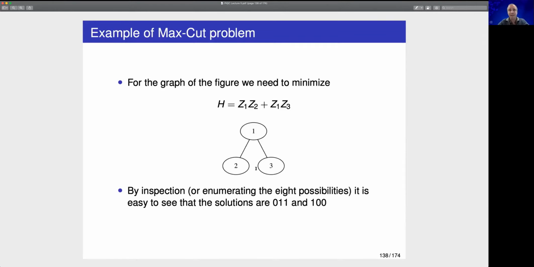So here we have this simple graph with 3 vertices, and then here the problem is to minimize, it's equivalent to minimize this value here, okay? Because 1 is connected to 2, so we have this term here. 1 is connected to 3, so we have this term here. Of course, this problem is very easy because you see that we just need to cut the graph here to put 1 in one of the groups and 2 and 3 in the other, and then we have the maximum cut, okay? You also can enumerate all the different possibilities, the 8 possibilities, and then you see that we can identify these